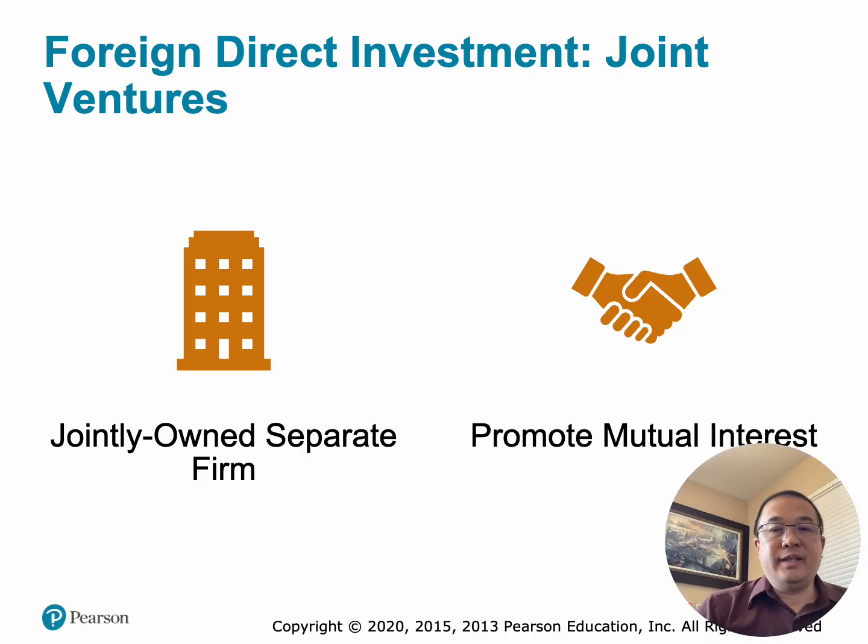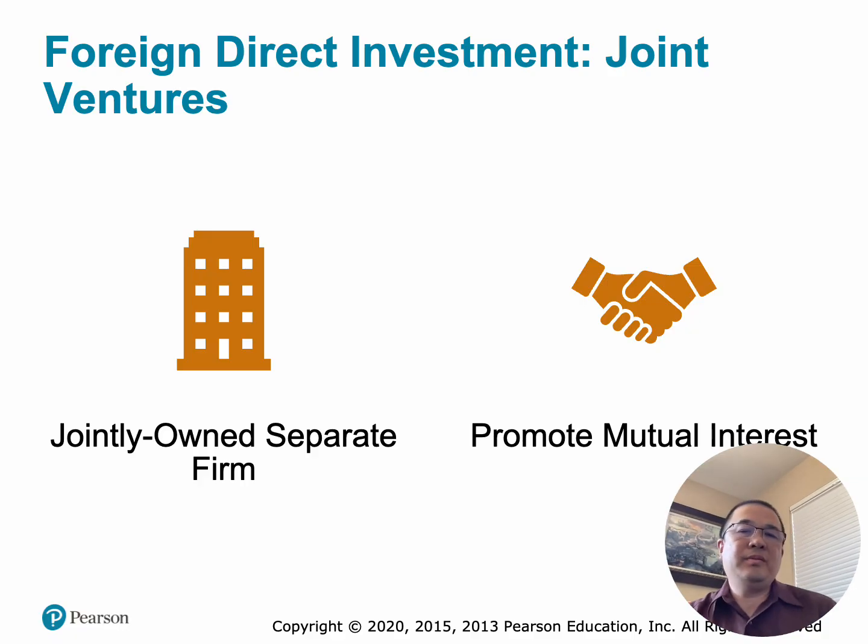The first bullet emphasizes that the JV becomes a new legal entity. So as an example, suppose Company A in the United States and Company B in Japan create AB Technologies Limited. AB Technologies becomes its own company with its own employees, its own assets, and its own operations. So the ownership might be 50% and 50%, or 60% and 40%, any agreed upon percentage. So the key point is that a JV is not simply a contract, it is usually a new company jointly owned by the partners.